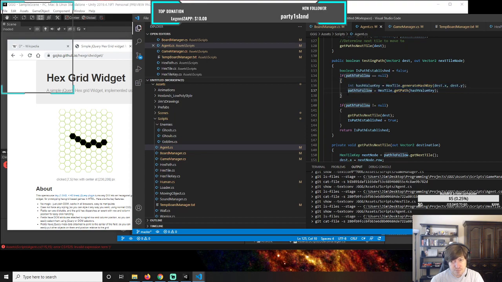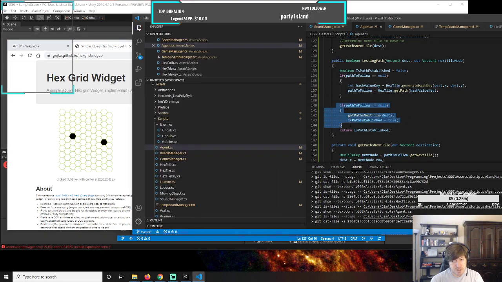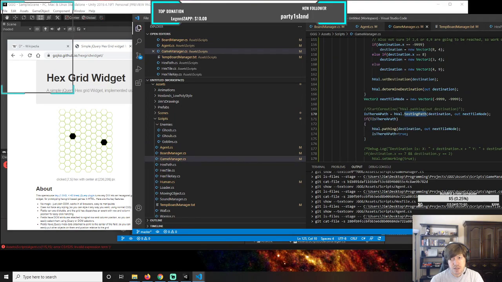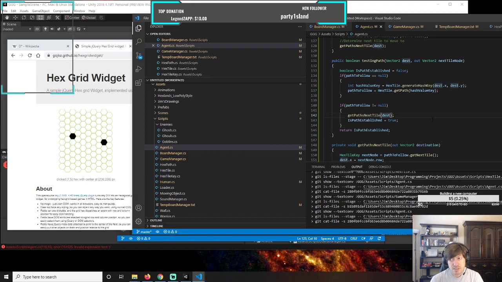If the path is still null, meaning that the path hasn't been established by a previous agent, then it's going to skip this and it will go into this block of code which will establish, through D-star pathing, the way to get to our destination. But if it has been established, then what we want to do